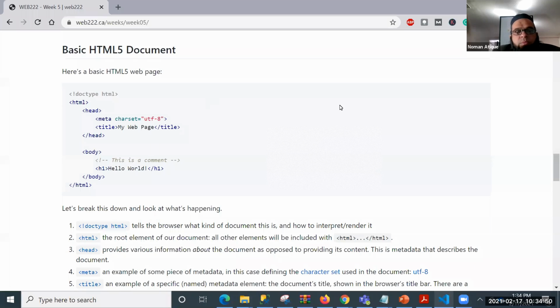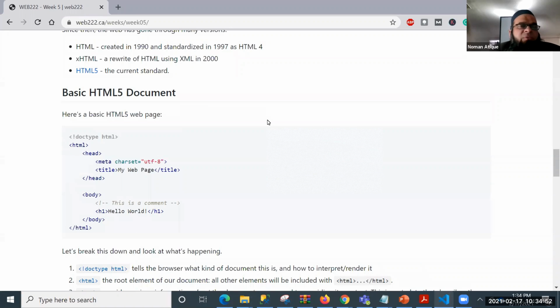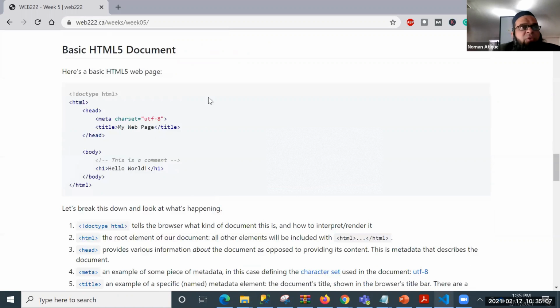Right. So basic HTML document, we have talked about that. And I will be very quickly just taking a review of last class, because it's been a long time since our last class happened because of the Family Day weekend, like a holiday. So now we have talked about the basic page structure of HTML.